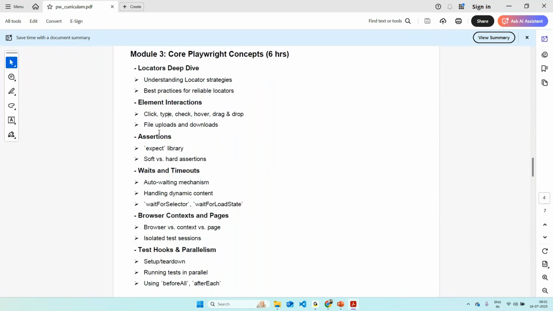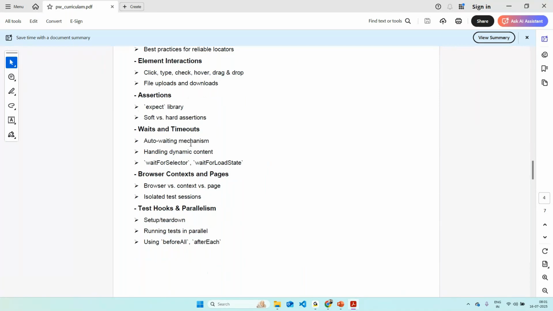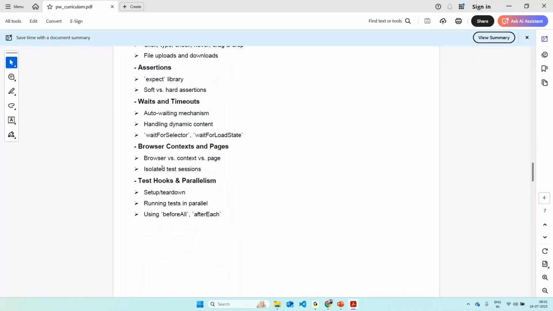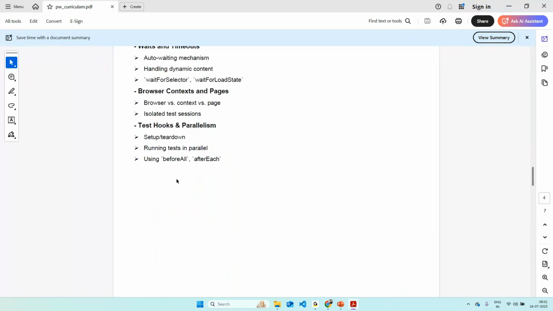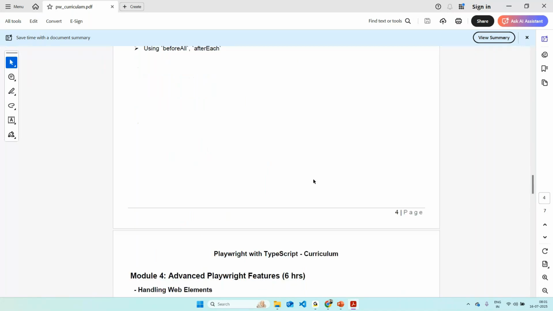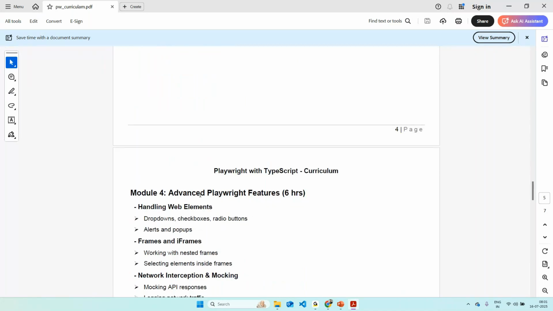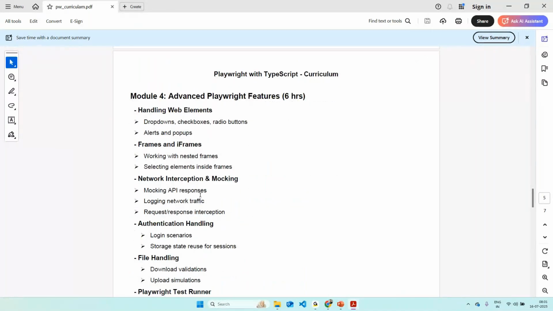Then we'll be talking about assertions, then timeouts, waits, and different browser contexts. Test hooks and parallelism, how to set up and create a teardown mechanism, running tests in parallel using beforeAll and afterEach statements. And when it comes to module 4, which is of 6 hours,